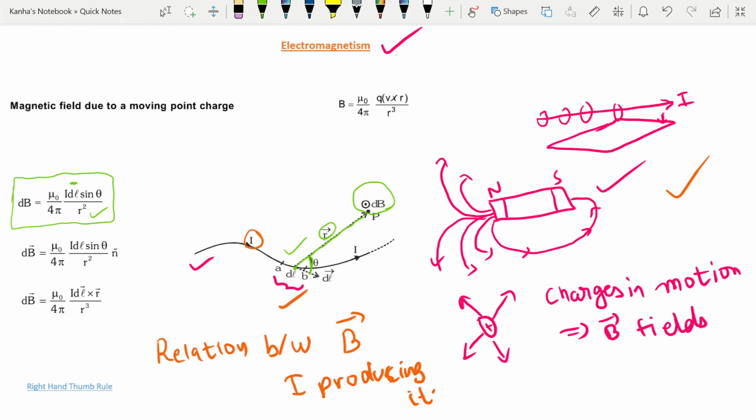dl is known to you, theta is known to you, the magnitude of current is known to you. And what are these values? You already know. We've just talked about permeability. This is the permeability of free space, and this is just 4 pi. You'll be using this formula quite a lot, so I'll ask you to just take a note of this. I'll just mark this again.